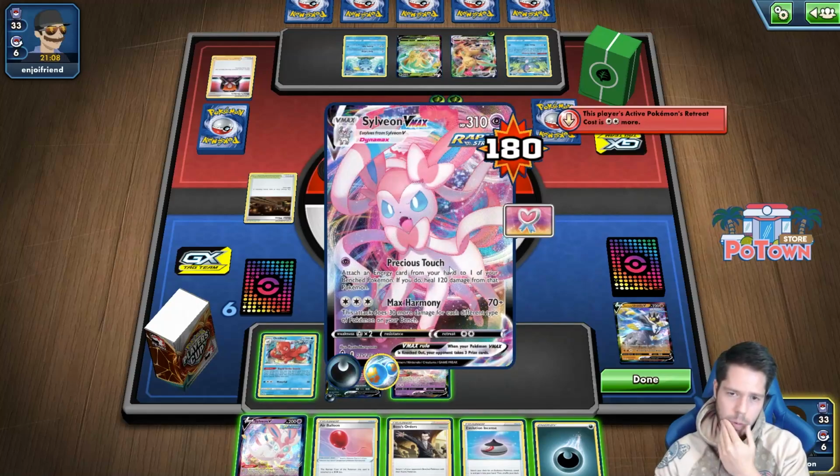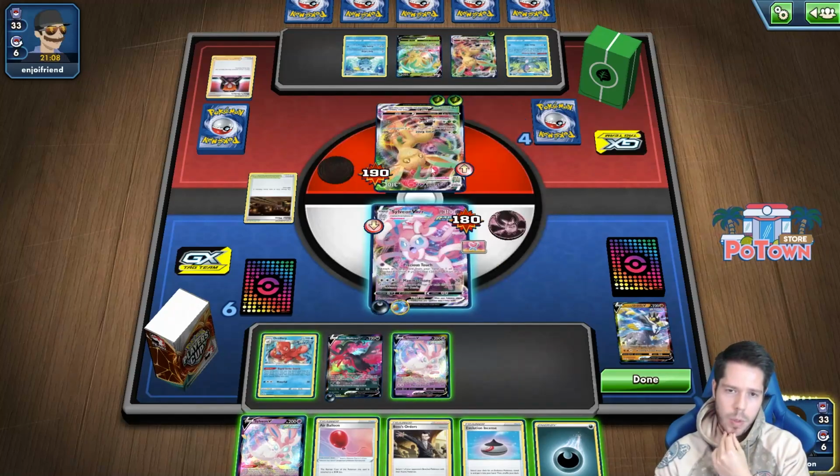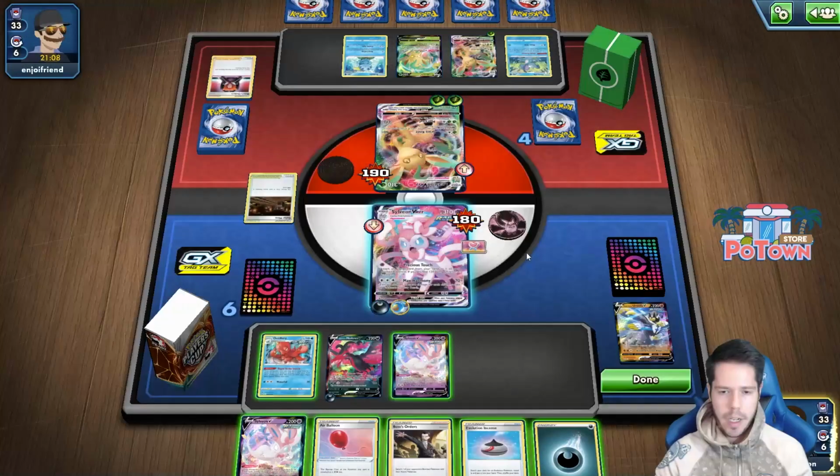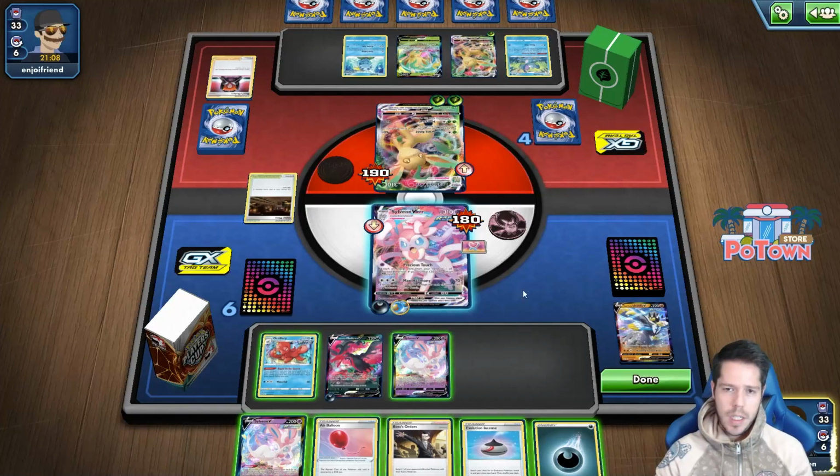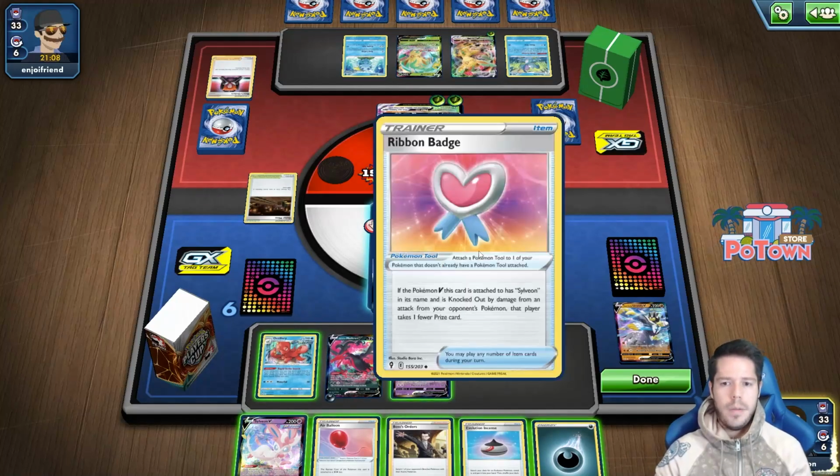So right now I'm doing 70, 100, 160. So I do have knockout. And we know Andrew didn't have an energy attachment last turn. So there is merit to... Okay, now...